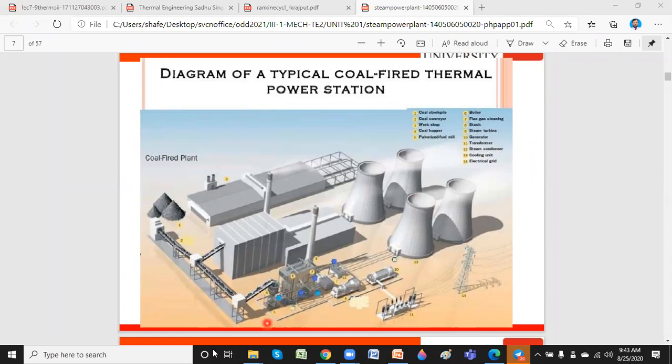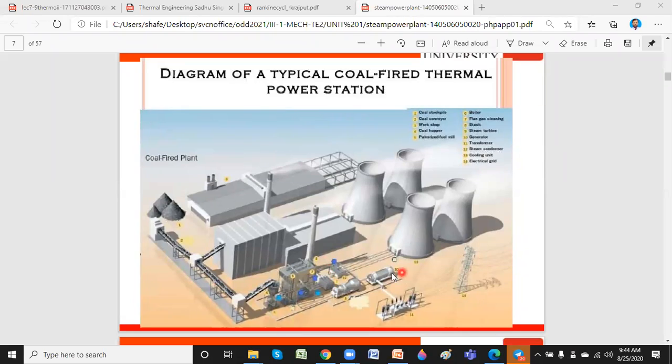Okay, now you just see what is happening. Now here there is part nine. Nine is your steam turbine. So this is the boiler. Then after that it goes to the turbine, and you see this is the turbine house. Here is part 9, what is given is your turbine.